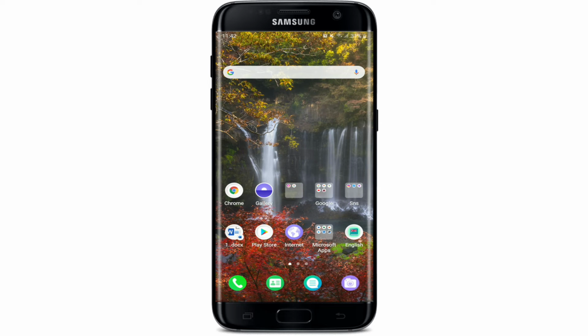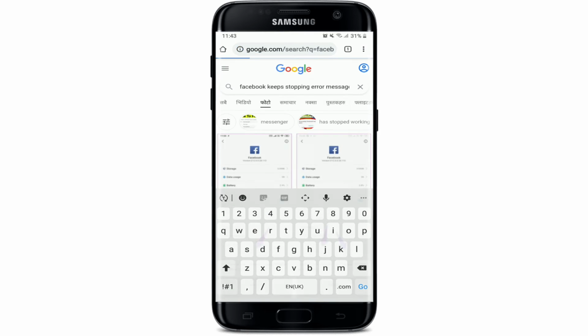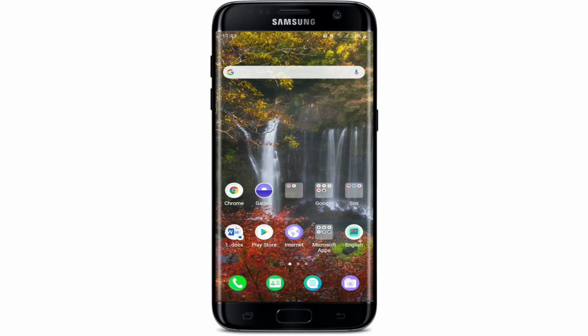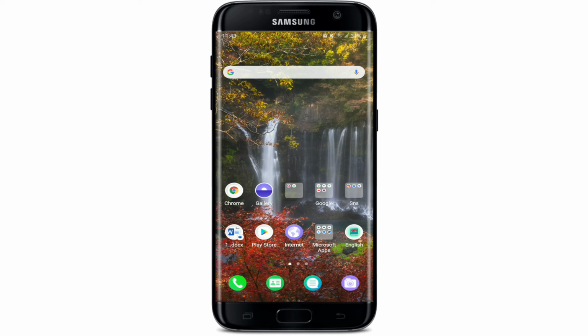Sometimes there might be a problem with the application version, so in order to fix that, you can try using your Facebook from the web version. Open your web browser and sign into your Facebook account like you normally do, and with this, you'll be able to operate your Facebook smoothly. Another thing you can try out is to restart your phone. Simply tap on the restart button, and once your phone restarts,